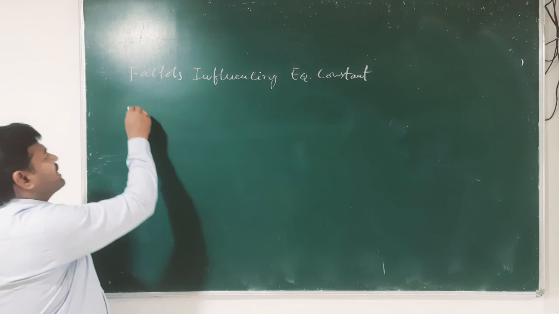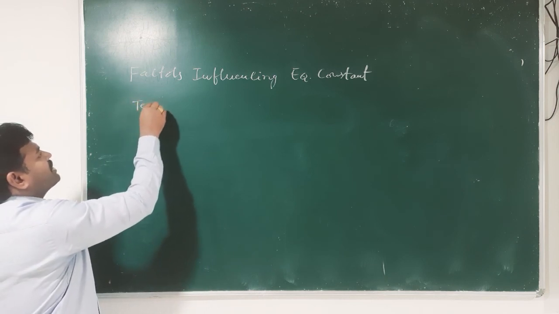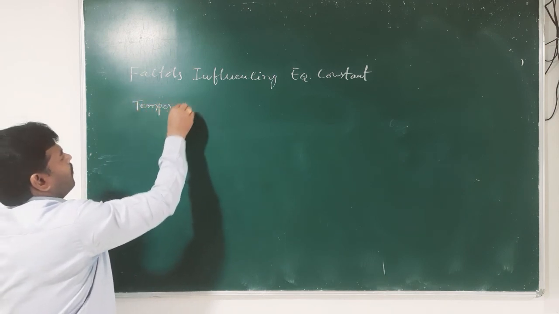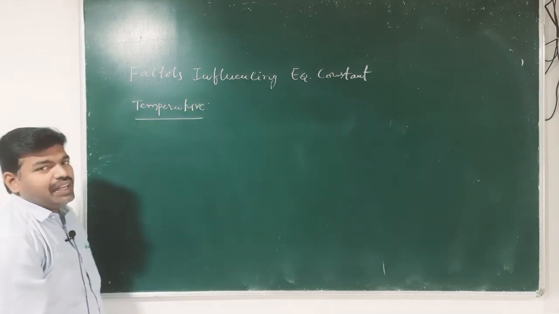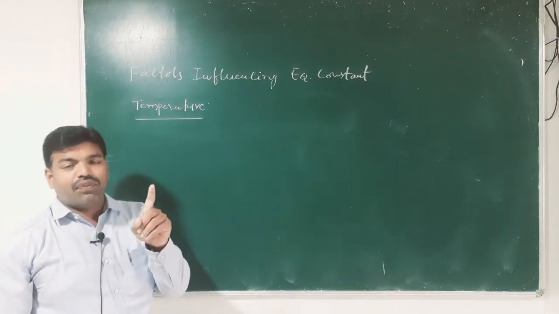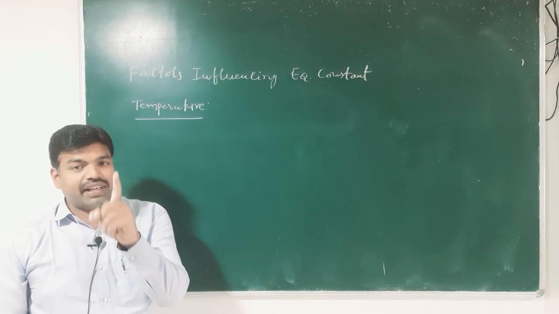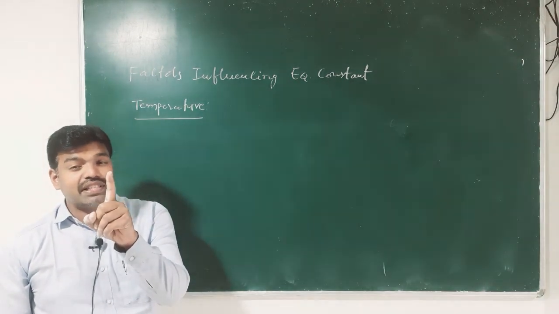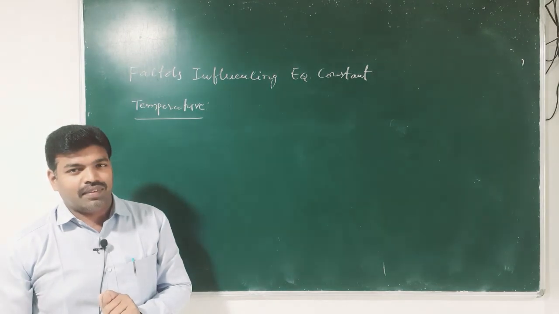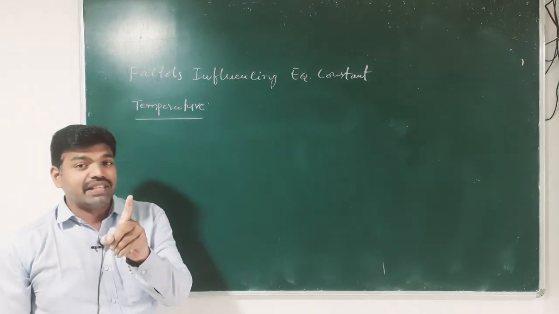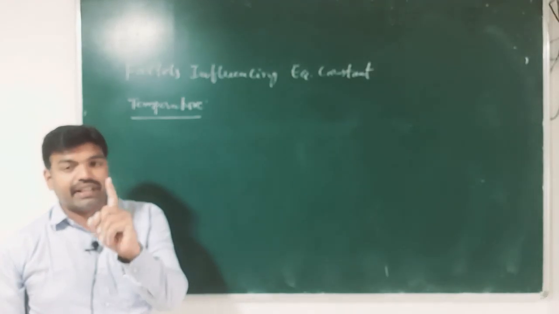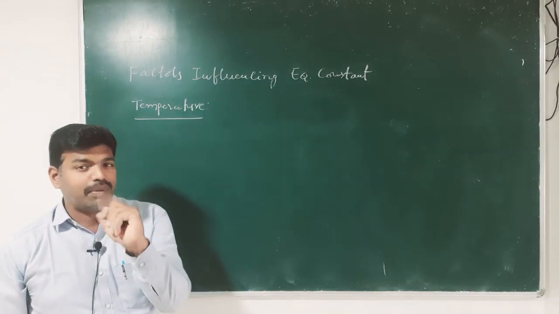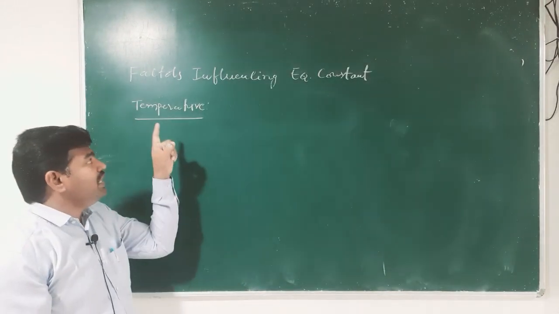So, next one is temperature. Temperature is the one and only experimental factor that influences the equilibrium constant. I repeat, temperature is the one and only experimental factor that influences the equilibrium constant, and the